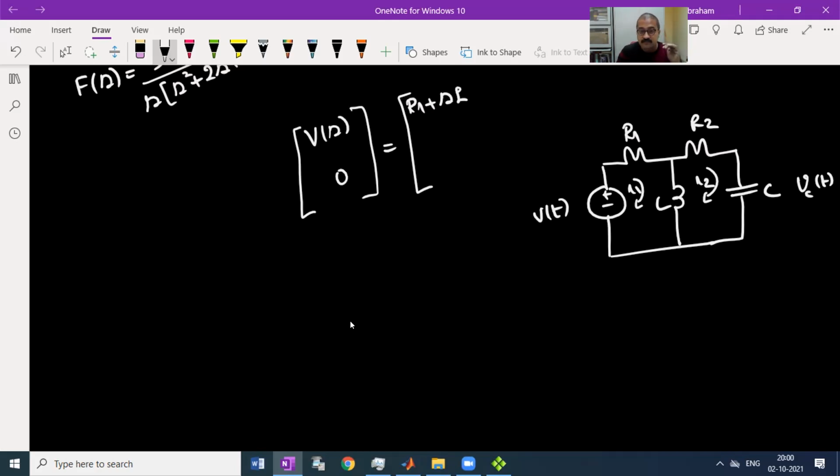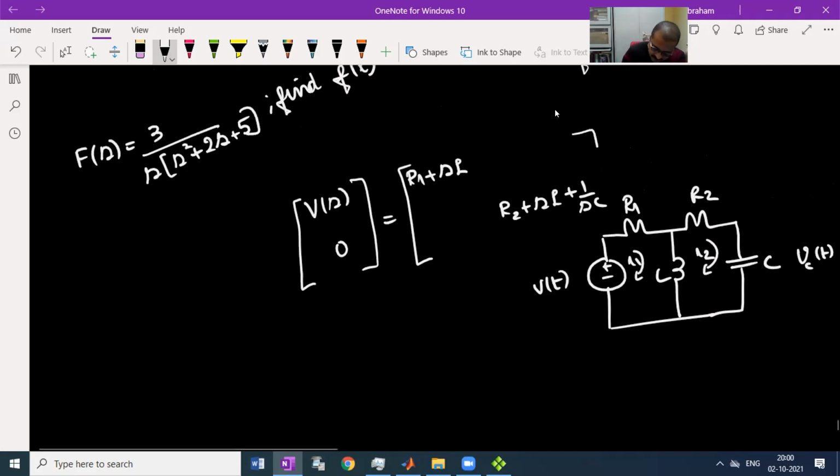Sum of all impedances through which current I2 is flowing: R2 plus SL plus 1 by SC. Are you getting what I'm saying? If you have any doubt, you ask. So that will be our impedance matrix elements.